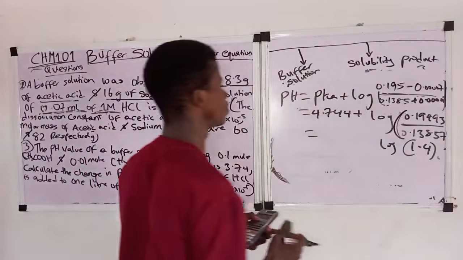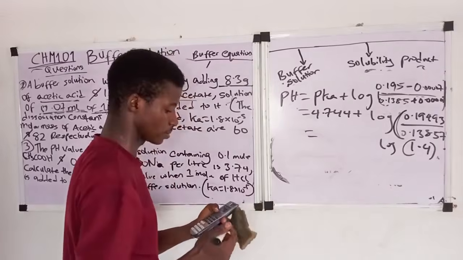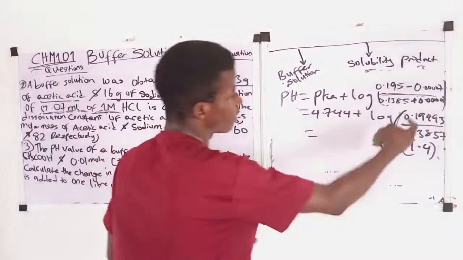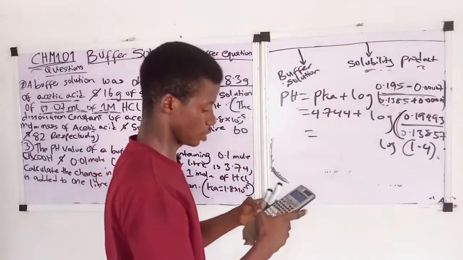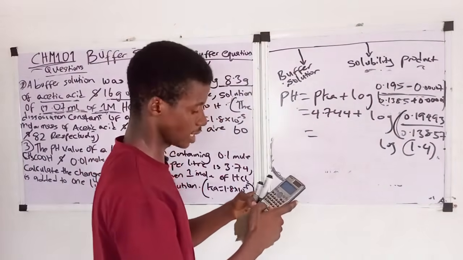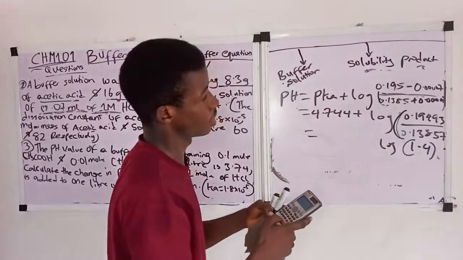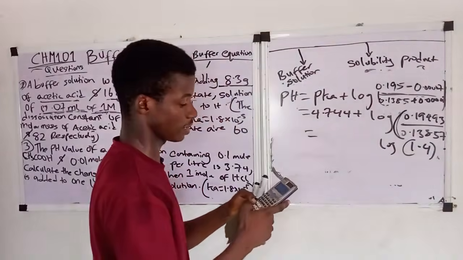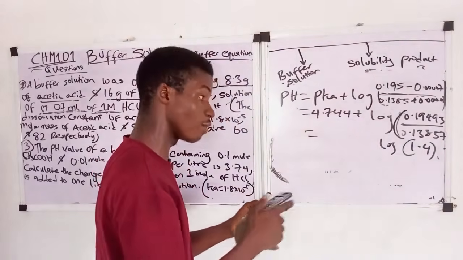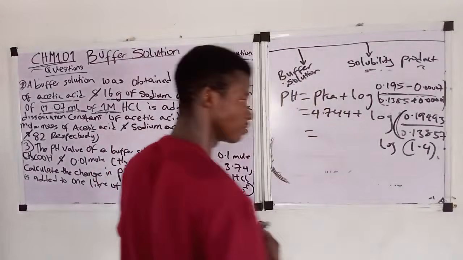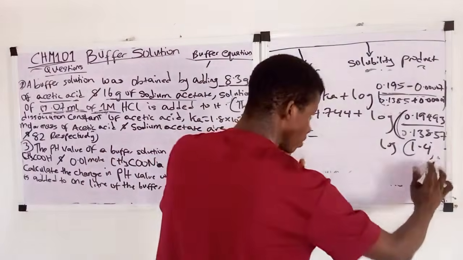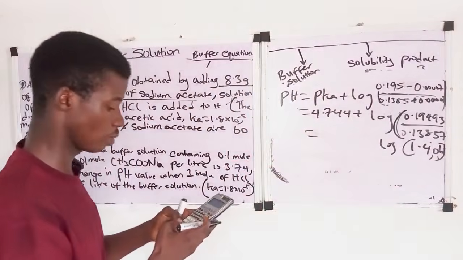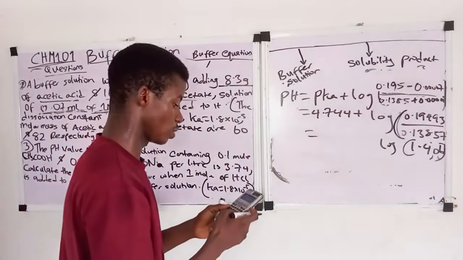Let me do it again. Let's divide it. So 0.19493 divided by 0.13857. Okay, so we have 1.406. So the log of 1.406 will give us